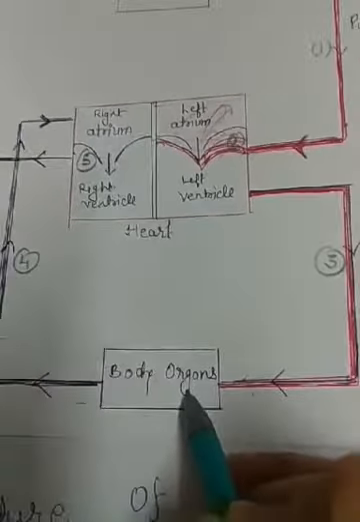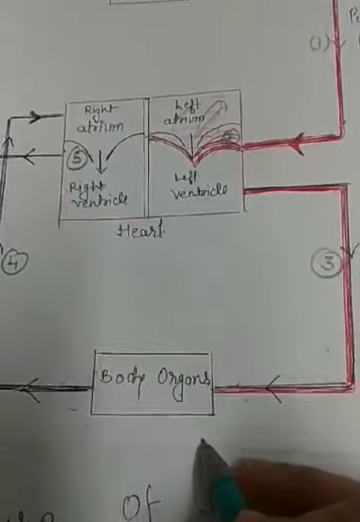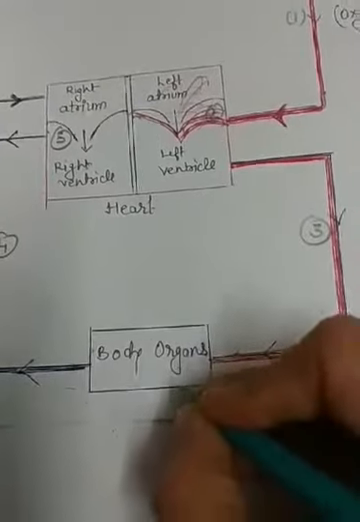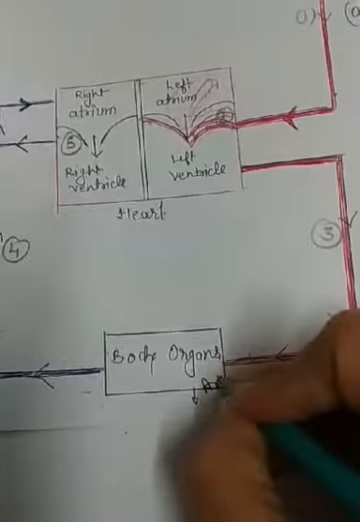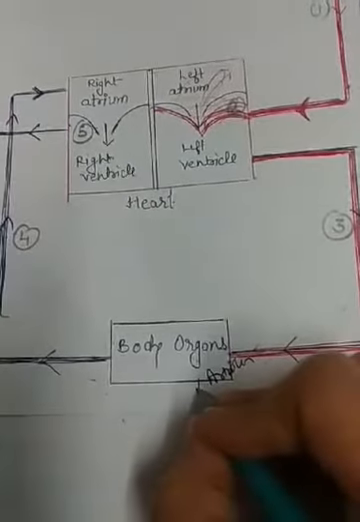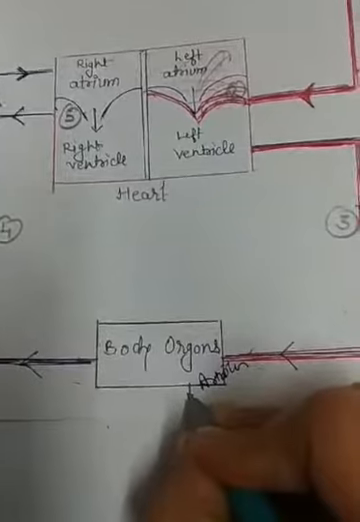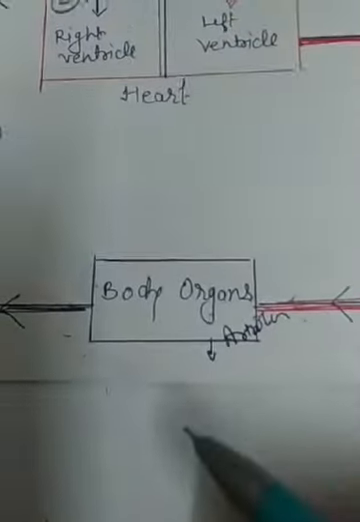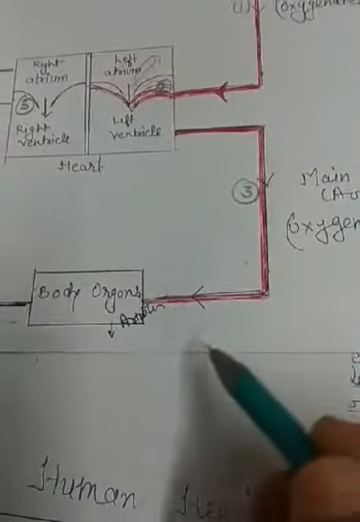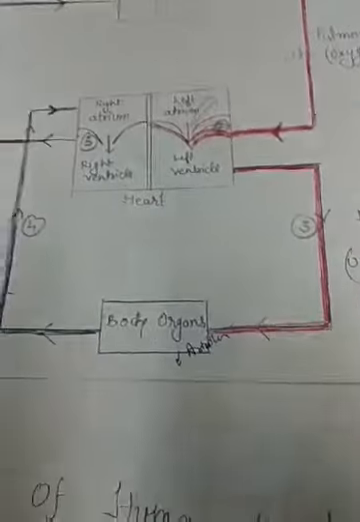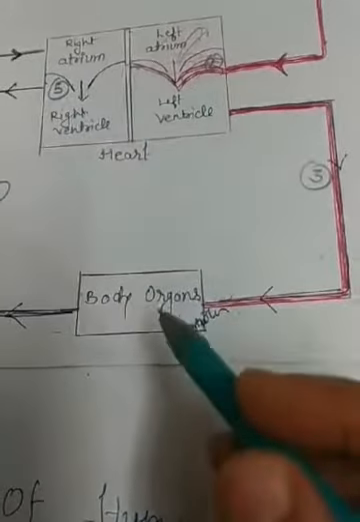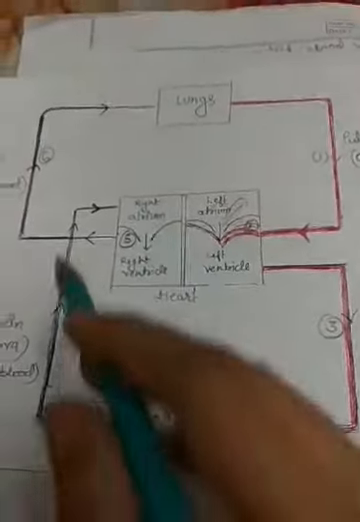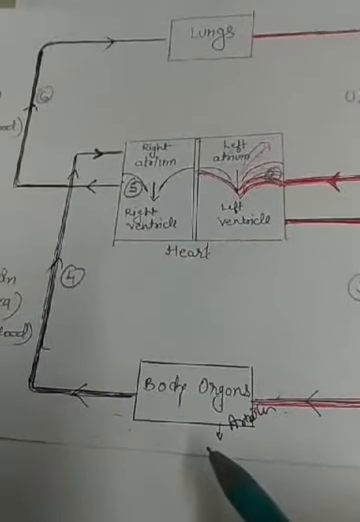Now the smaller arteries are called arterioles. Arterioles further branch into capillaries and carry blood to the cells of the body. So the main artery carries blood to all the organs of the body like head, chest, arms, stomach, intestine, etc. In this way, the cells of the body get oxygen from capillaries and then the blood becomes